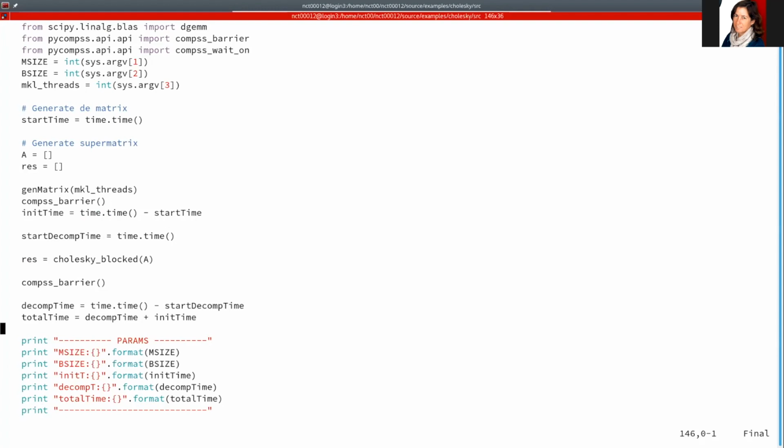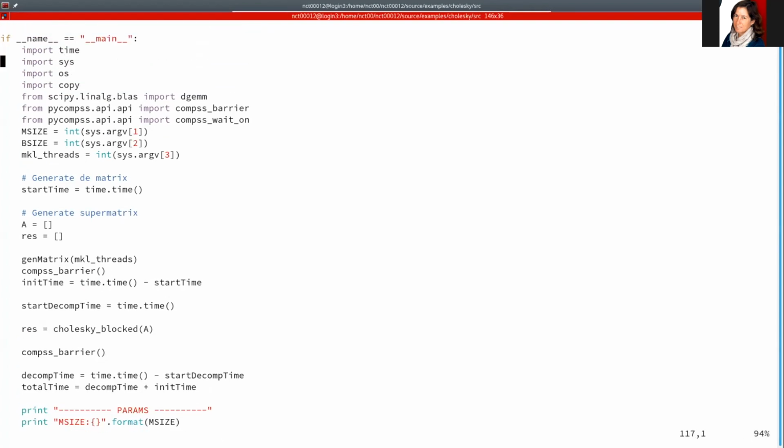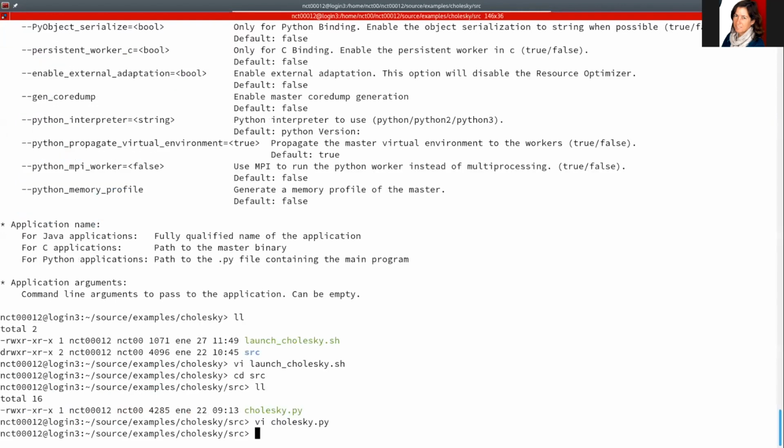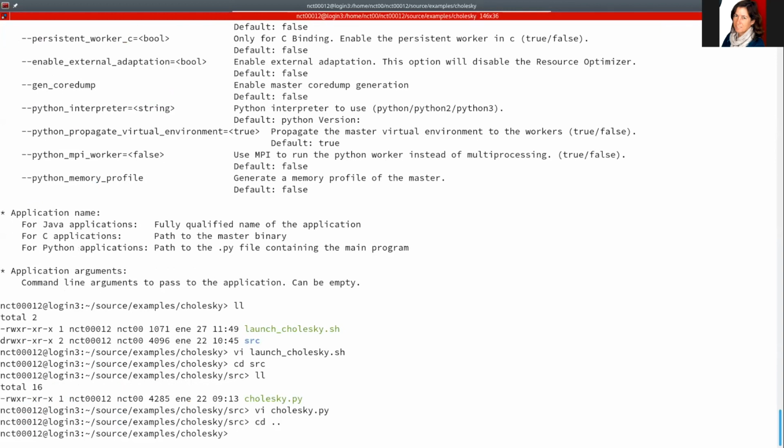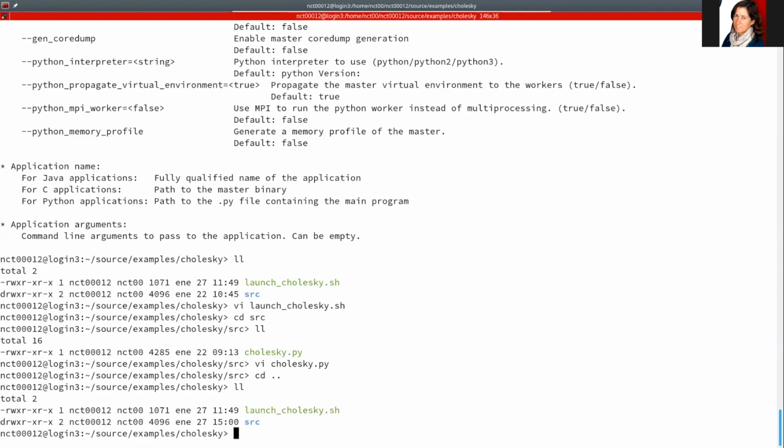Okay. In this application, we see here that there are 3 parameters which correspond to the matrix size, the block size, and the MKL threads that we want to use. You may see that the MKL threads is the same that we are going to use for the constraint. Okay, so now that we have our application, which is a plain Python script, and we have the decorators and the synchronization, we go to the launching script,